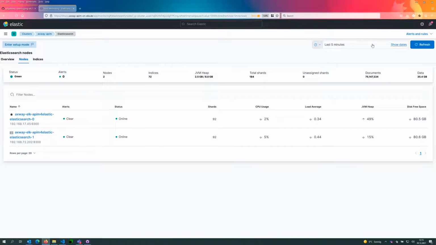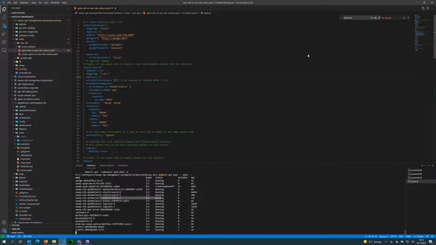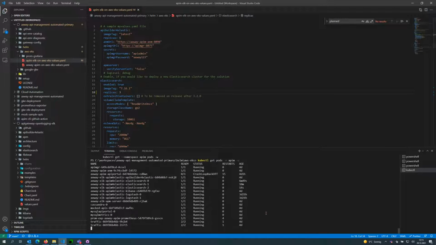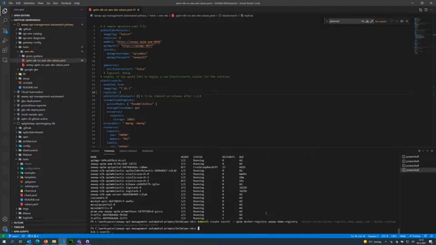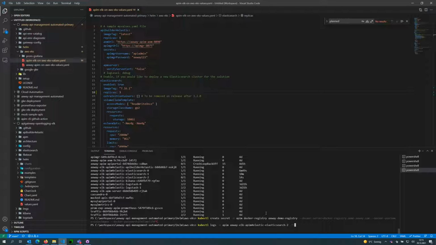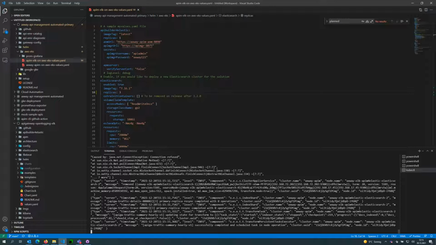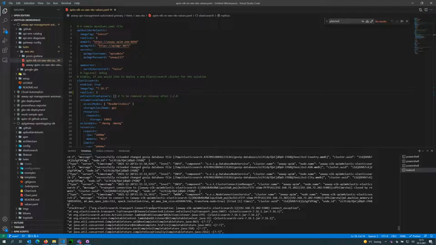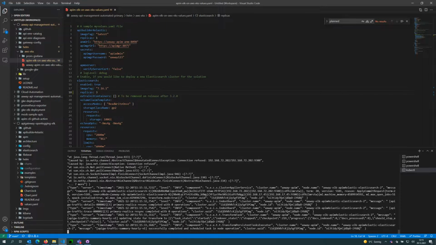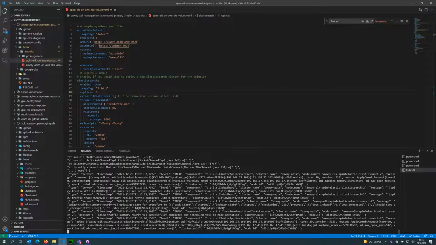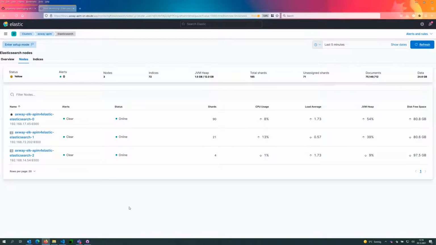And we can also check in Kibana if something is changing. Let me make this a little bit bigger. So kubectl logs -f. And let's see, what is this error? Connection exception. Let me make the logs again, it's easier to read. Okay, that's okay. So now our 3rd node is joining the cluster, and it is in status